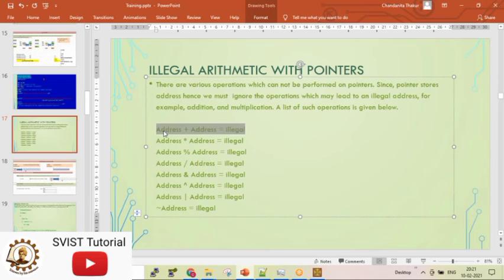You are staying in a locality, some Kaushik's house number is 100, and let's say Piyasha's house number is 200. So will I get any house if I add both of their house numbers? I'm not going to get any valid thing. Similarly, if I multiply or divide, I'm not going to get anything.